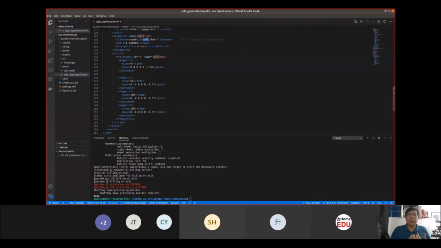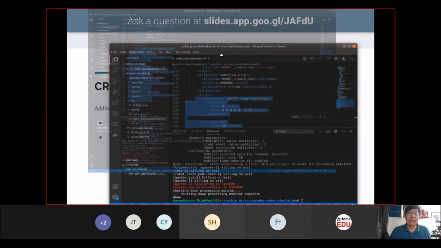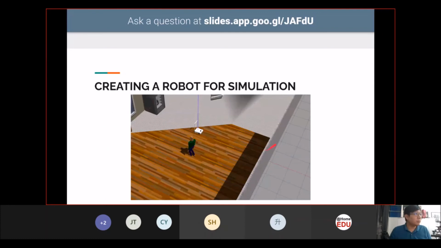So if you need to combine a few animations, for example, you want a person to stand, and then after standing, start walking, you need to write your own code for it using their API through C++. But if you only need to simulate one item, for example, only walking without changing to another animation, you can use the script directly. So once you have added the human in, you will see the human walking over here.